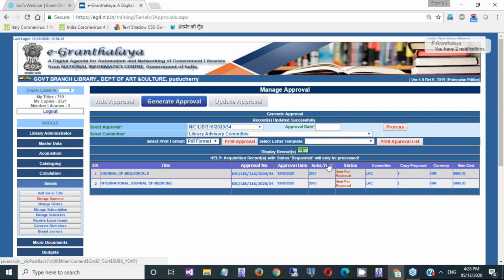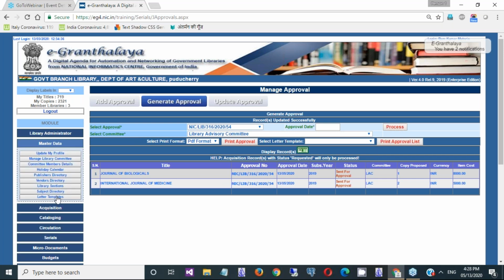Here you can take the approval, journals approval in print. For that you need to select journals approval form. Like books approval form is available here, you need to create journals approval form.